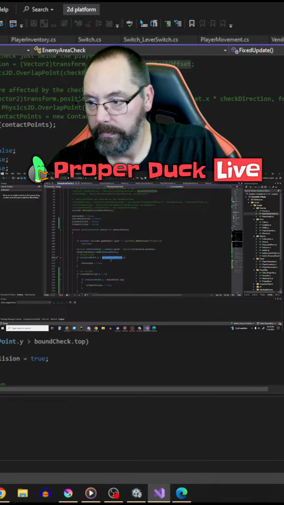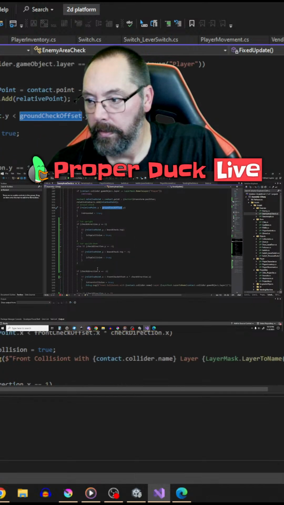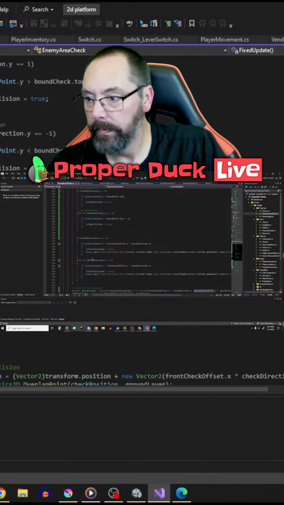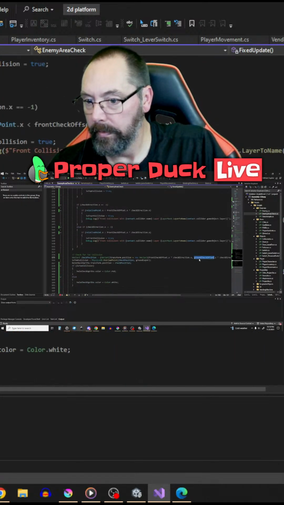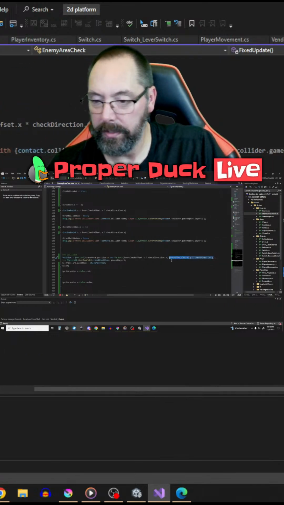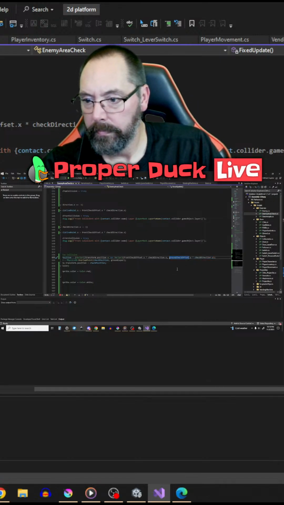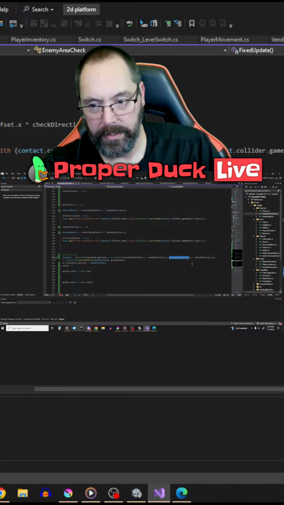That's not the toe. The toe is where? Top, top, this. Times check direction, so that's okay, except I'm going to say it's not okay